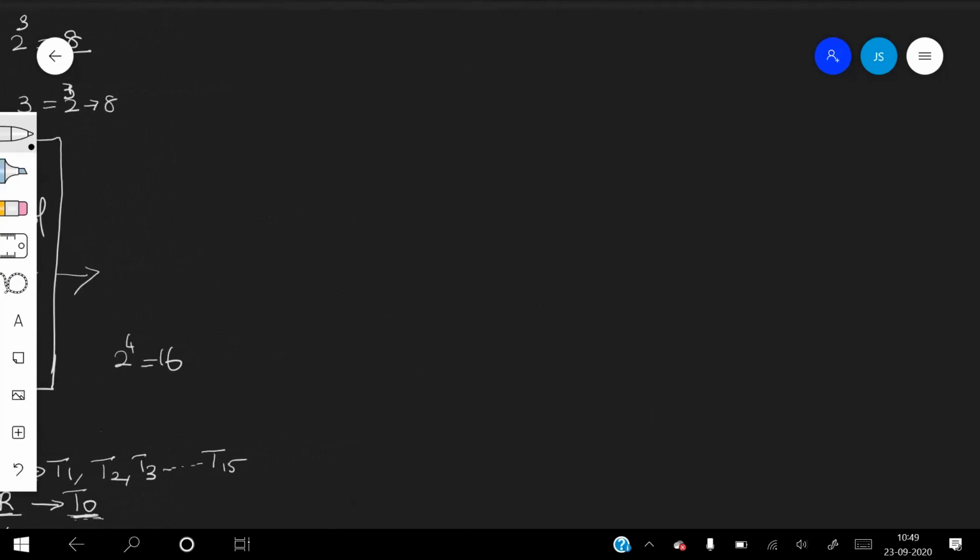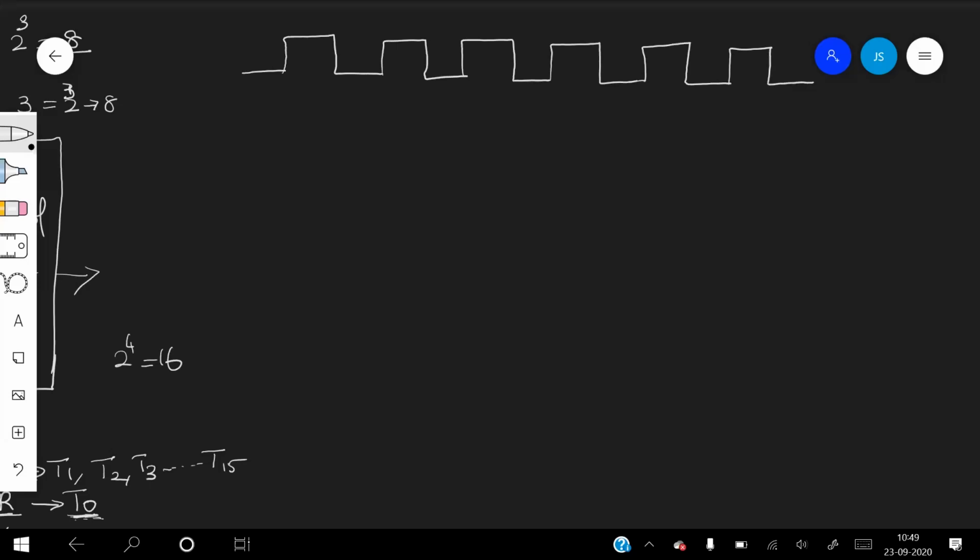So the timing diagram, if you see, this is our clock signal. This is the rising edge of the clock, the leading edge of the clock, and this is the end of T0.